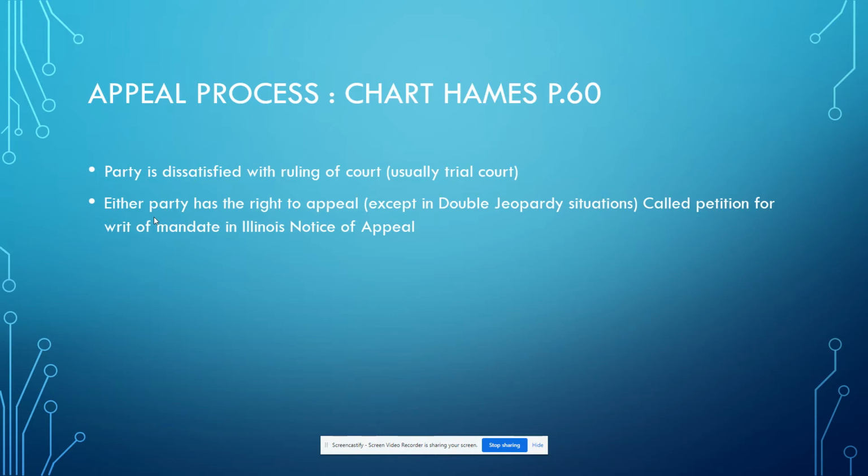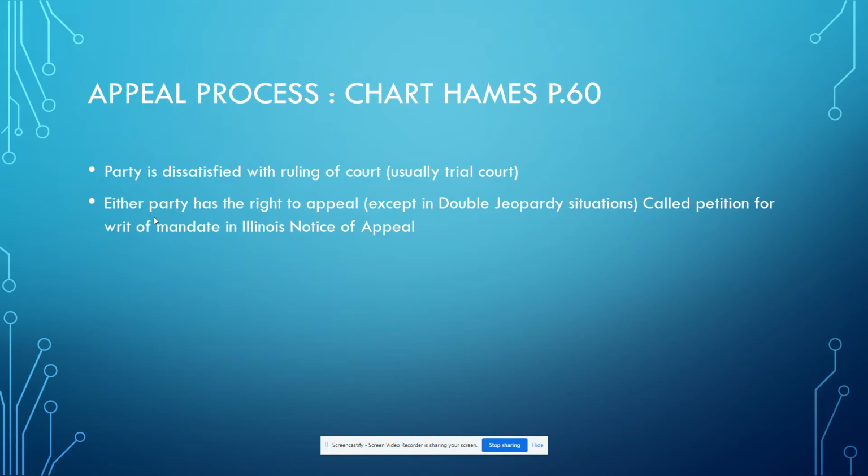So, in a criminal case, if a defendant is found to be not guilty, the prosecutor, the state, cannot appeal that, so they have no right to appeal. Any other situation, a party may have the right to appeal a legal ruling of a court,